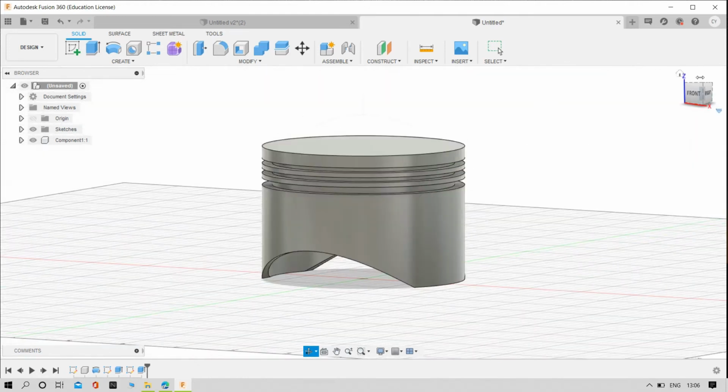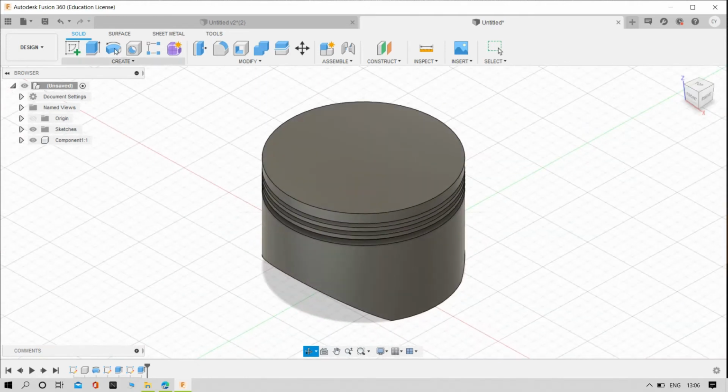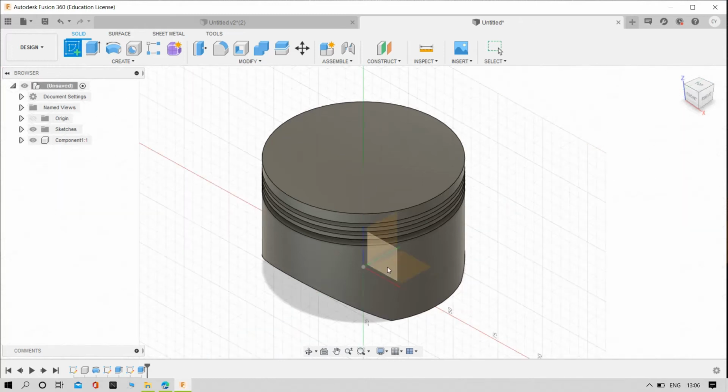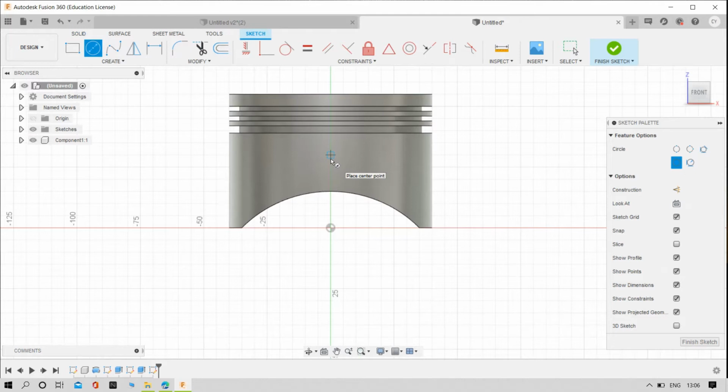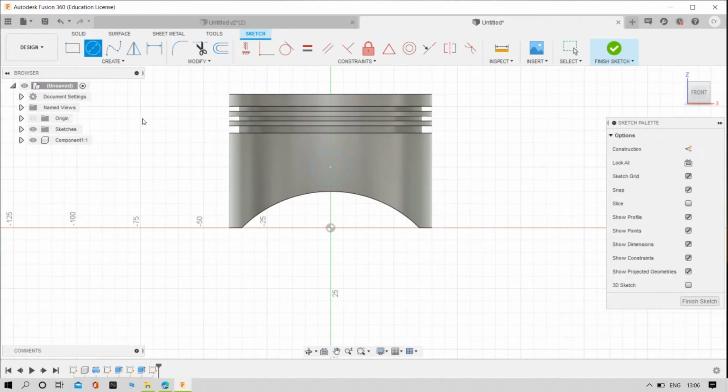Again click on home button, again create a sketch, select the plane and then try to draw the one circle for the gudgeon pin and give the dimensions. The dia should be make it 12 mm is enough. And then the distance between this circle from origin point, make it 20, sorry, make it 25 is enough. Yes, perfect. And then try to exit from workbench.